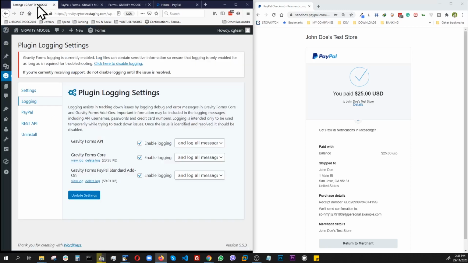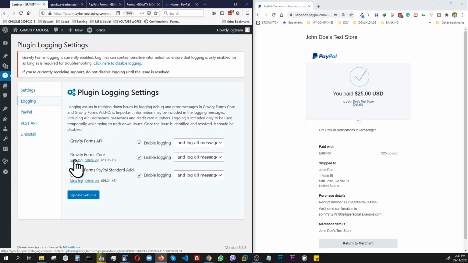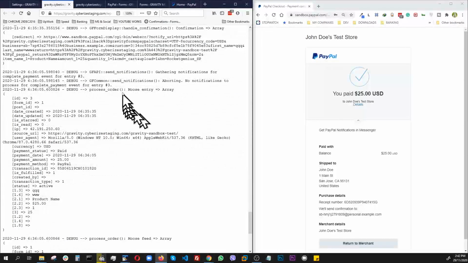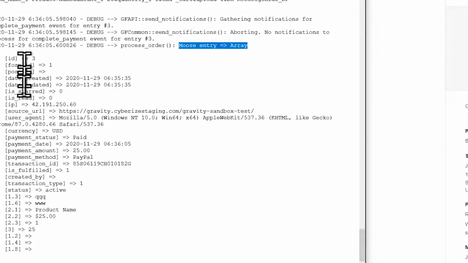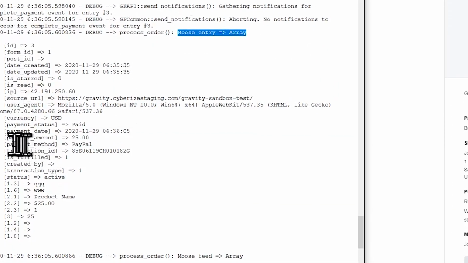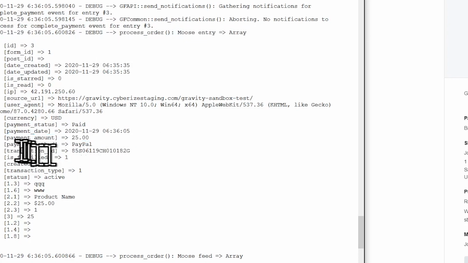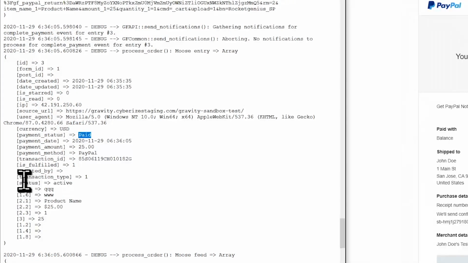Now let's go back to our Gravity Forms core log here, go all the way to the bottom. There you go, the most recent entry. This is what our code is generating, and at this point we have the payment date, the transaction ID, the type, the fulfilled one is, that means it's successful, and the payment successful, also the status is paid, also transaction type,